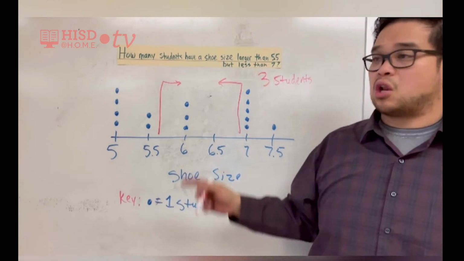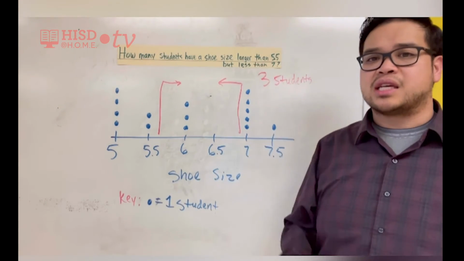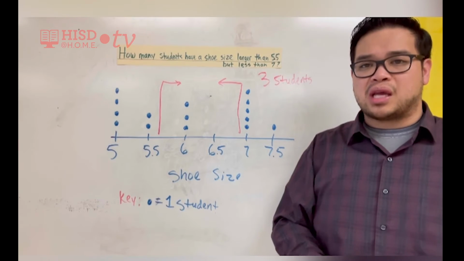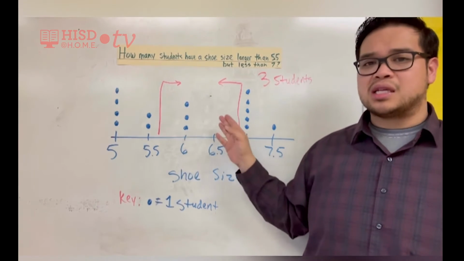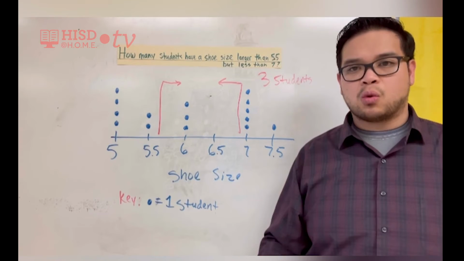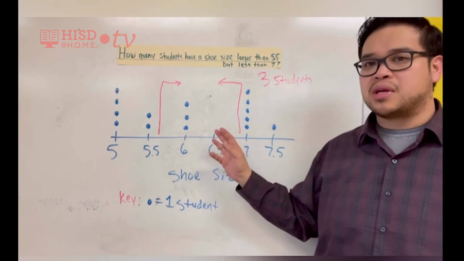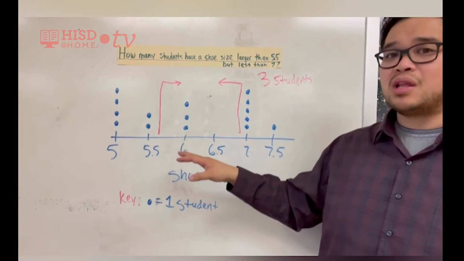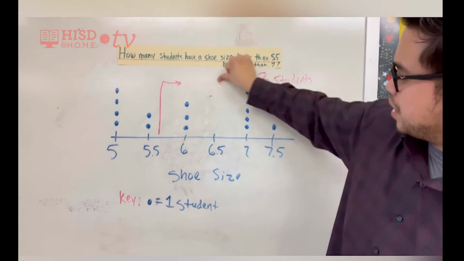That have a shoe size larger than 5.5 and less than 7. So remember, the way we did this with the lines, it just helps us really organize our work and make sure that it's nice and neat, because instead of just looking at the chart without the lines, which would be like this,